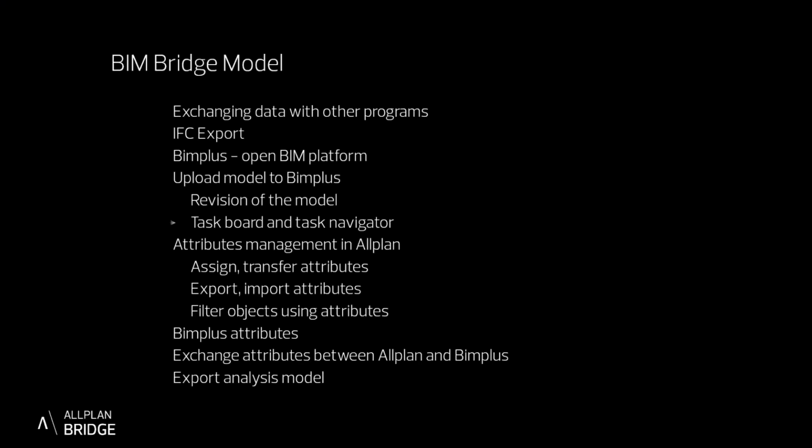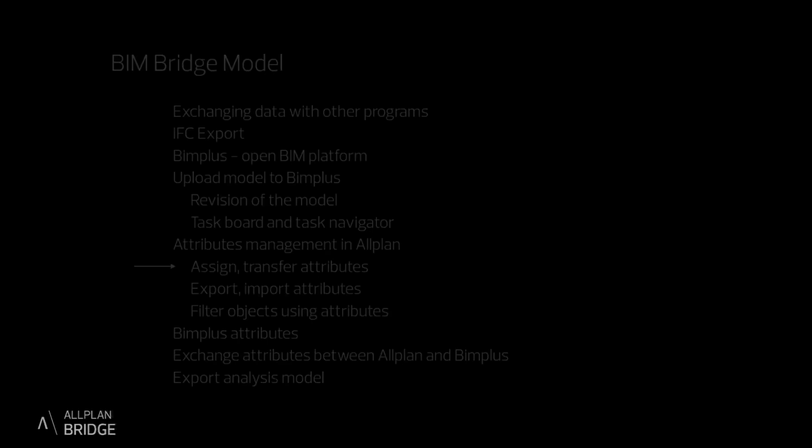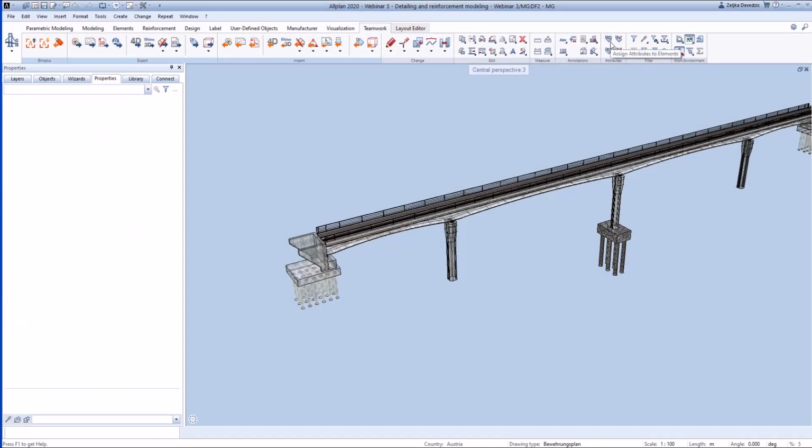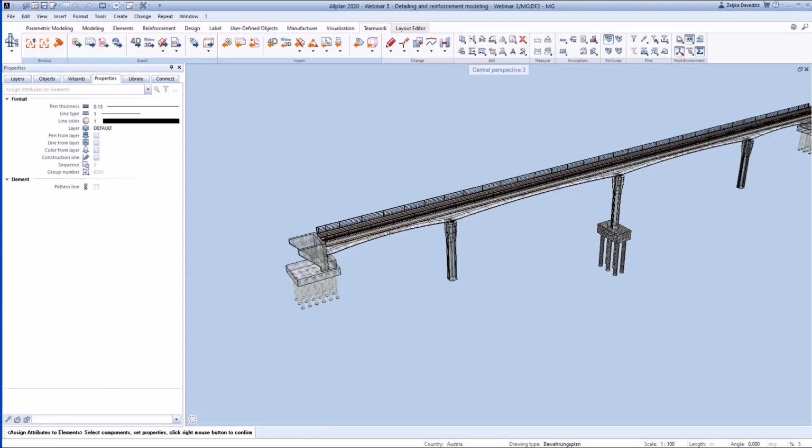In the next chapter, we will learn how to work with attributes in Allplan, and we will start with assigning attributes to one or more bridge elements and transferring those attributes to other objects. Using the task area attributes, we can approach the available functions for attributes management in Allplan. We will use the function assign attributes and assign new attributes to the elements of the first abutment, wing walls,